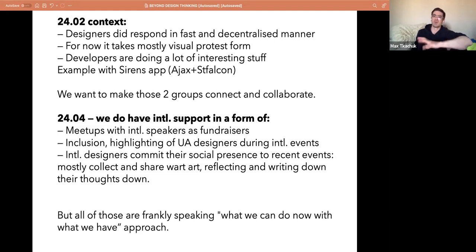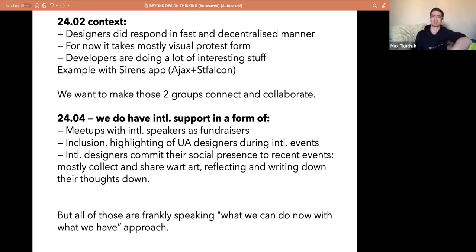For now, it takes mostly visual protest form. So designers commit a lot of things that are visual protest, in other ways, let's call them art. Developers on the other side are doing their thing, and many interesting stuff. An example is the application of sirens, alarms, and now they're working together with government, with AGX, a couple